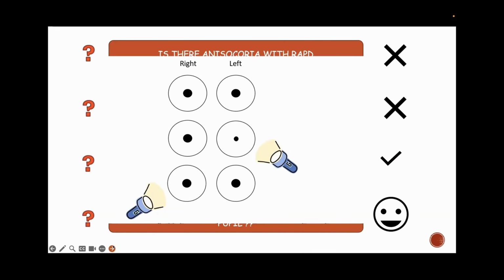So when you're looking at it, when you put the torch on the left eye, the pupil constricted, but when you put it on the right eye, the pupil dilated. But actually what it means is that the consensual reflex is weaker than the direct reflex. This is called reverse RAPD or inverse RAPD, which you can check in patients of specifically trauma cases, when it is difficult to assess one eye because of some hemorrhage, some corneal edema or some pupillary sphincter damage.